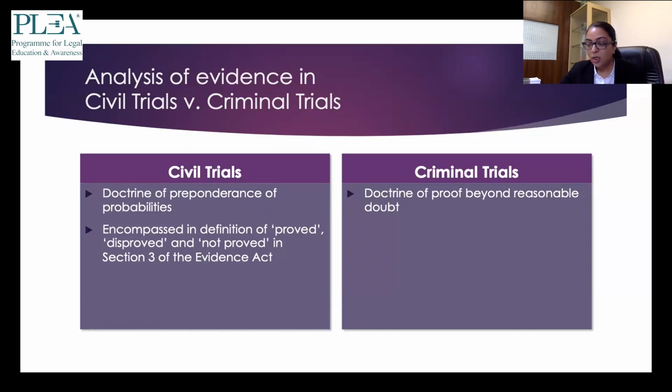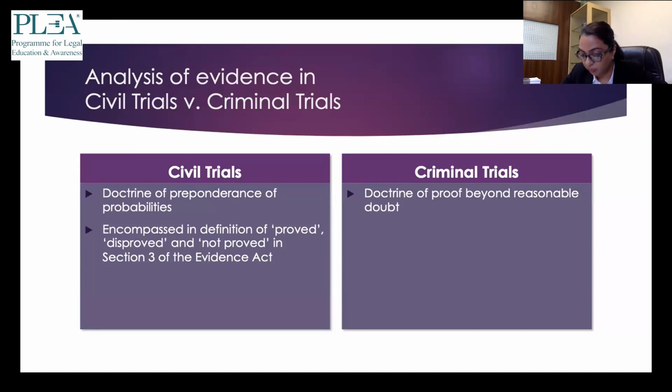That is the difference. So there is a very good decision of the Supreme Court in the case of N.G. Dastane versus S. Dastane. The citation is AIR 1975 SC 1534, which explains the difference between the doctrine of preponderance of probabilities and the doctrine of proof beyond reasonable doubt. This is a 3-judge bench of the Supreme Court, and if you'd like to refer to it, that will be helpful. I'll repeat the citation. It is N.G. Dastane versus S. Dastane, AIR 1975,